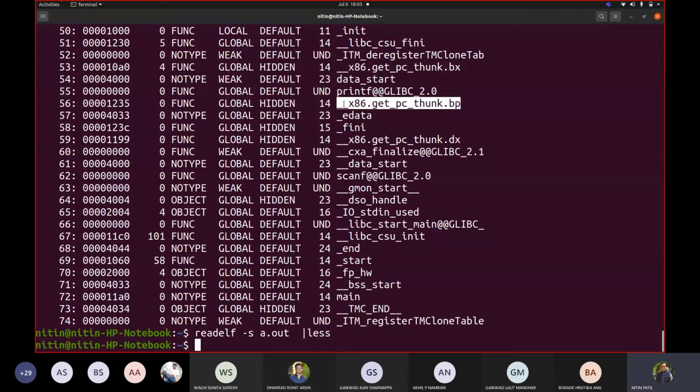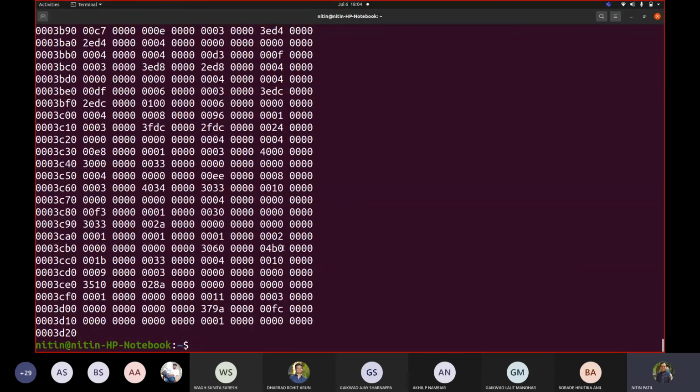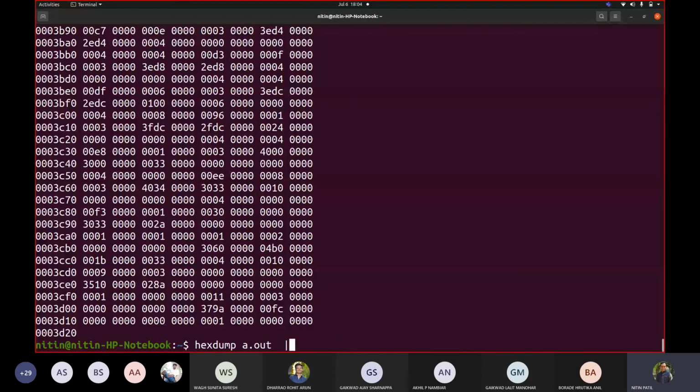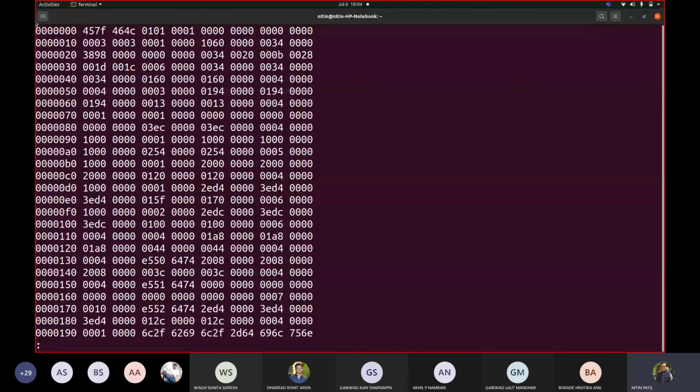Everything would be organized in memory in a sequential manner. Like the object code that we saw: if I write xxd a.out, this code would be available in memory in a sequential manner. The first column here is the address, starting with 0. Then you may see 8 groups of bytes are shown, meaning a total of 16 bytes are shown in one line. And then it continues with the next.